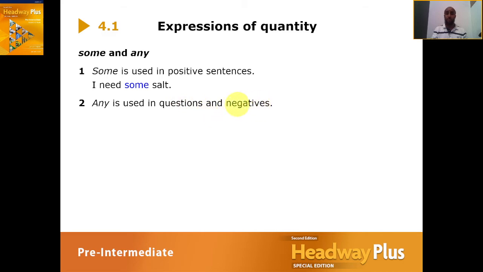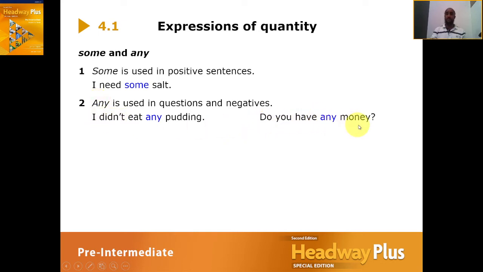Okay, guys, questions and negatives. So let's look at a question and a negative. Here, the negative is I didn't eat any pudding. Didn't any. Okay, and the question we use here, do you have any money? Okay, so the question here, any money. All right, so remember, some we use for positive sentences, and any we use with the negative